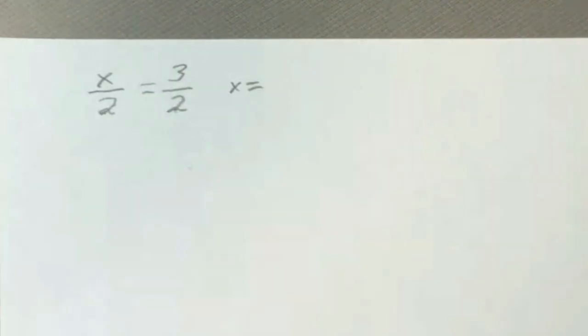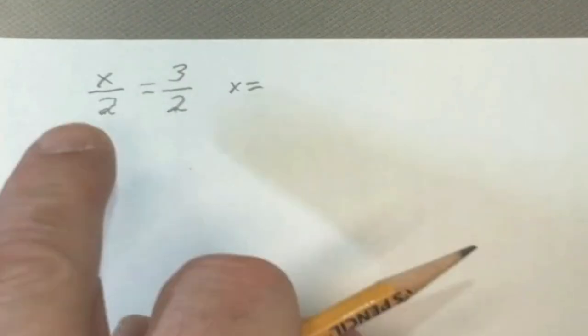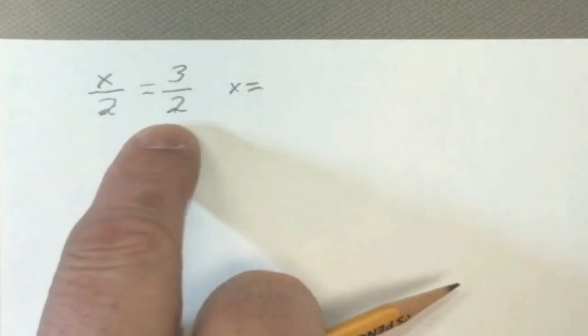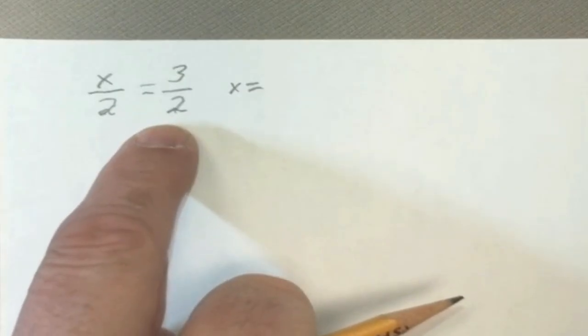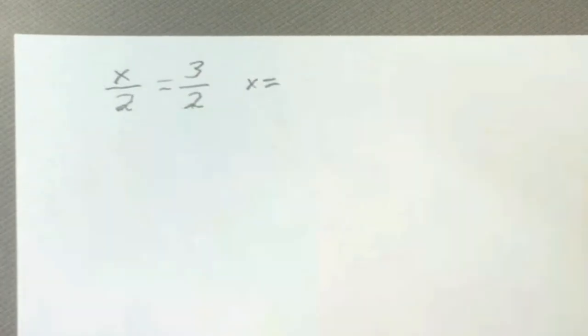So in the chat, what do you think x equals? X over 2 equals 3 halves. So x would equal what? This is a very, very basic rational expression because we have a variable in the numerator in here. So looking at that, in order to make those equal,